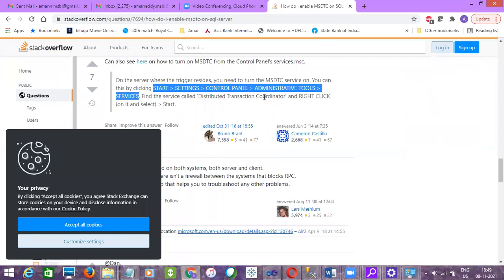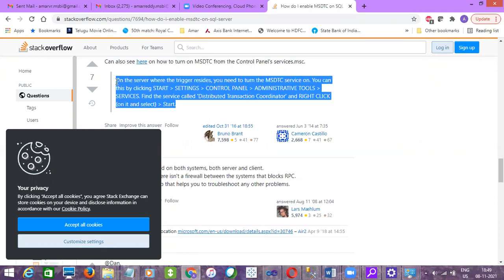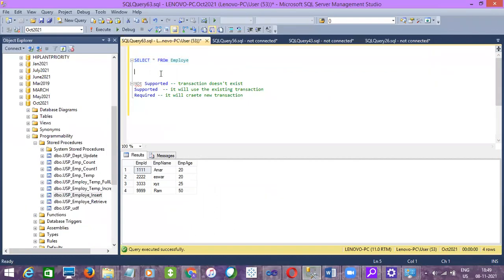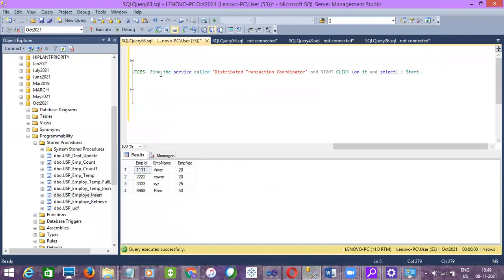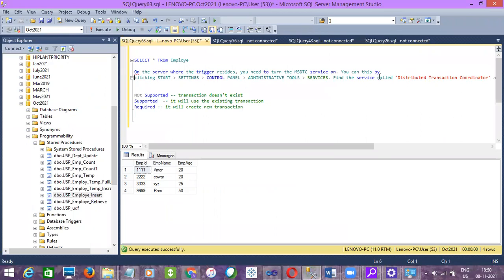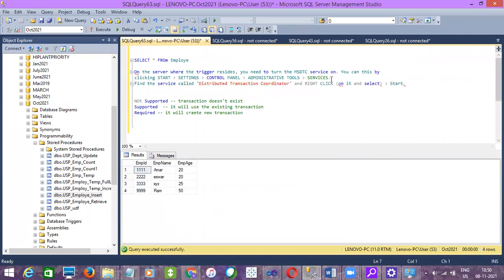So we should look for distributed transaction coordinator. Then maybe I'll just copy this one. It will be useful for everybody so that you can follow the same. So services and then look for distributed transaction coordinator. So we'll look for that.